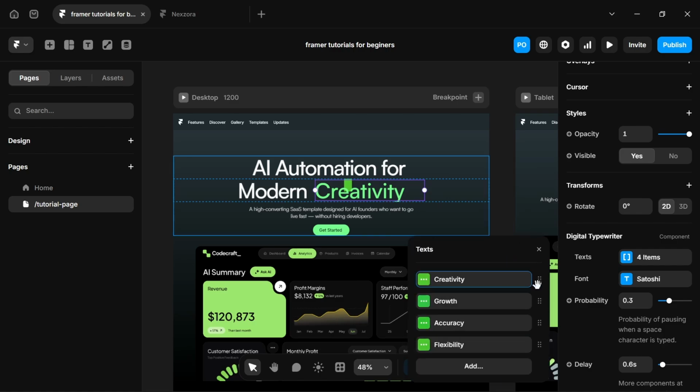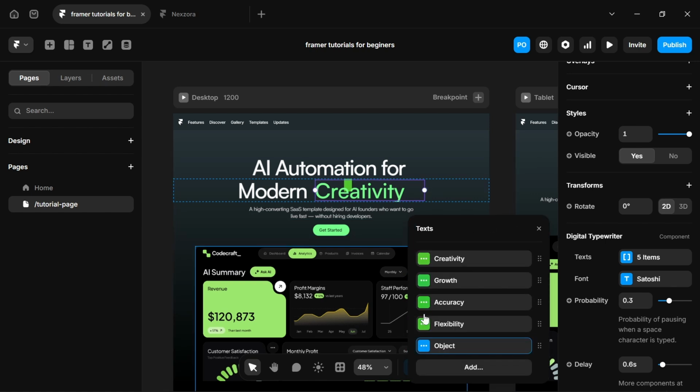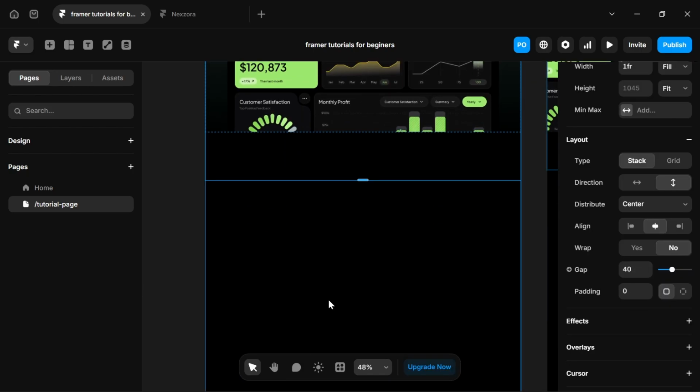All you have to do is click here, and if you feel like you want to display more than 4 words, you can simply add a new word. So this is just how you can use this component, nothing deep. So yeah, we're done with the hero section. Let's move on into the second section where we'll be